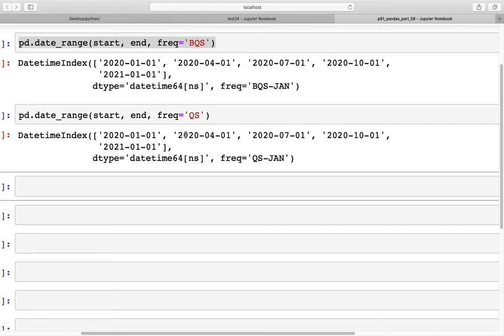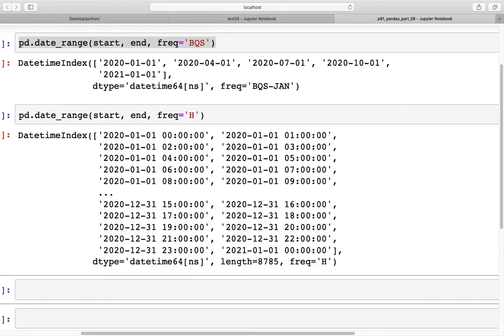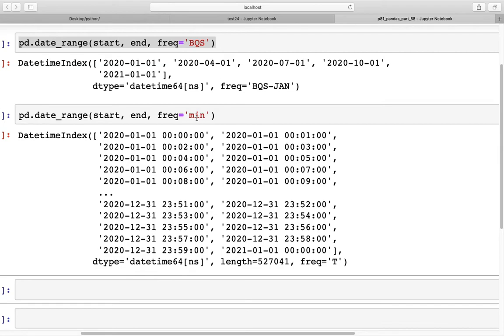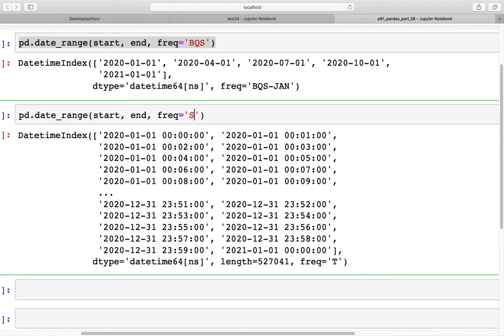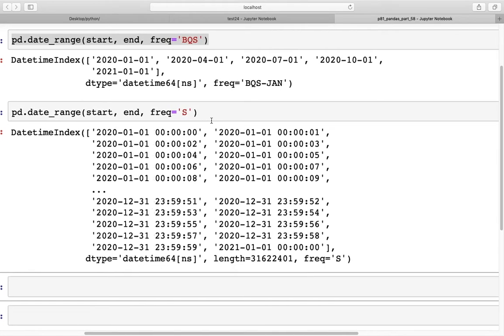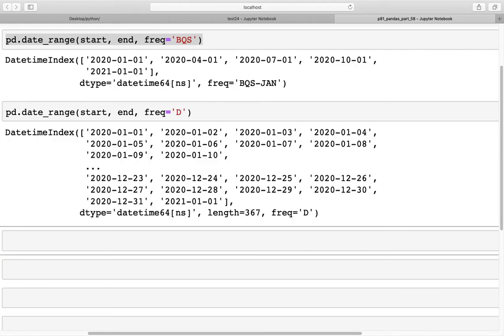Yes. And apart from this, there are a couple that you already know. If you type H, we get the hourly frequency. Then if you type minute, we get minute by minute frequency. Type S, capital S, then that's seconds. It took a while to get that. There's a lot of data. Then again you have nanoseconds and you have microseconds. So those are the ways in which we can change the frequency by using the custom built